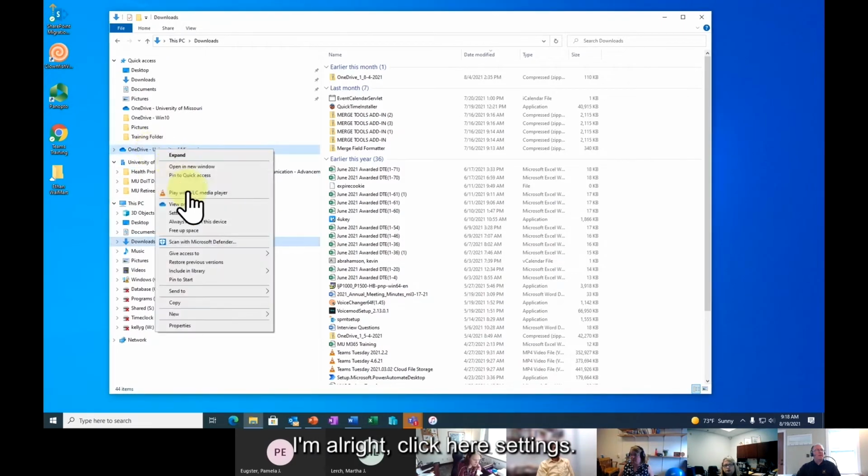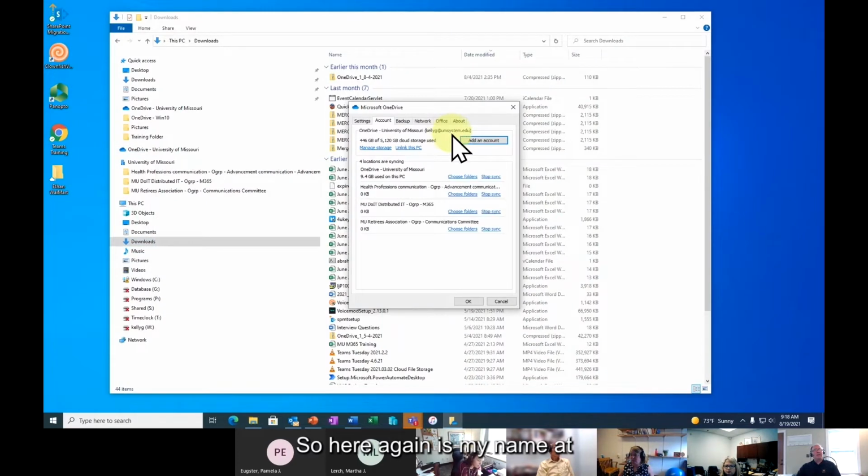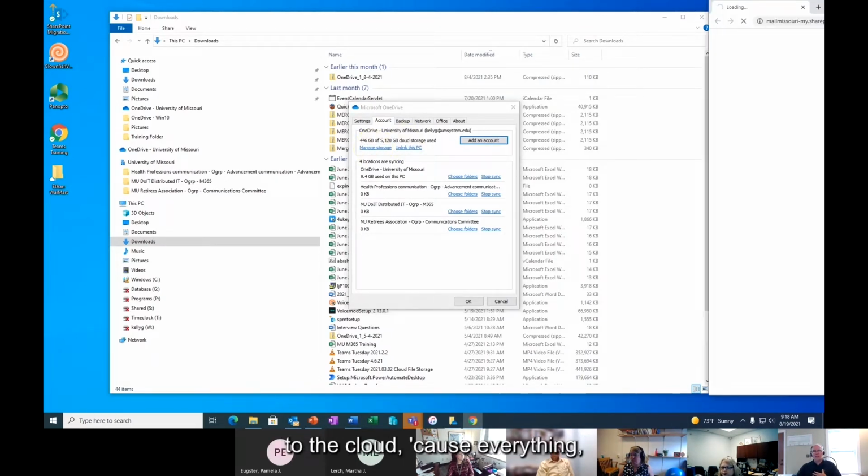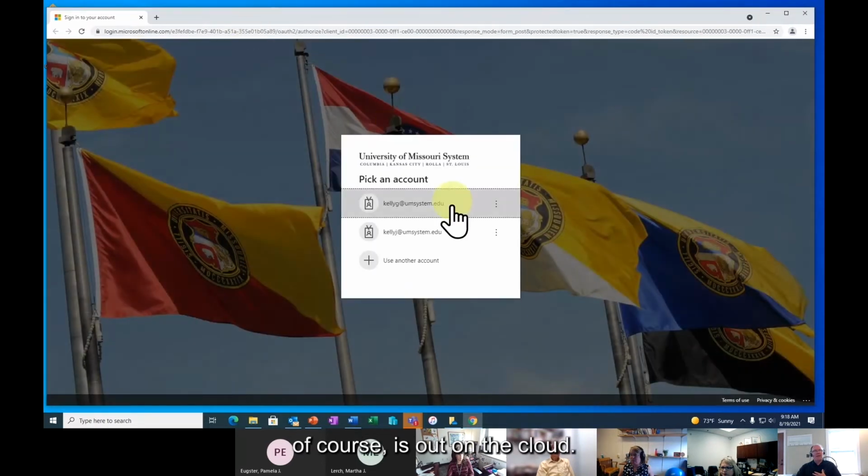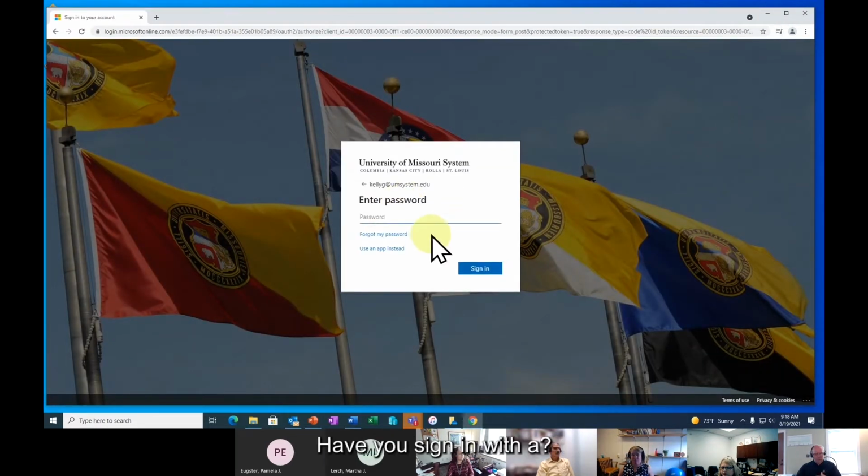I'm gonna right click here, settings. So here again is my username at umsystem.edu. Also, if you start like me, I've been using OneDrive for a while, but you start getting low. You're like, what is using all my storage on OneDrive? From this account, there's an option here that says manage my storage. What that'll do is take you out to the cloud, because everything, of course, is out on the cloud. It'll have you sign in with your username